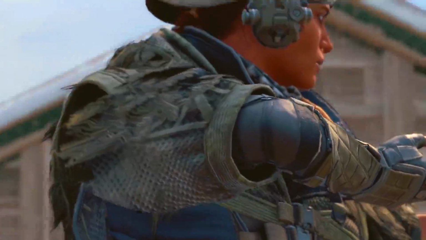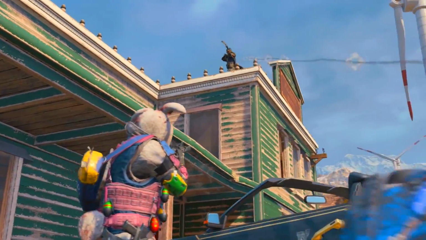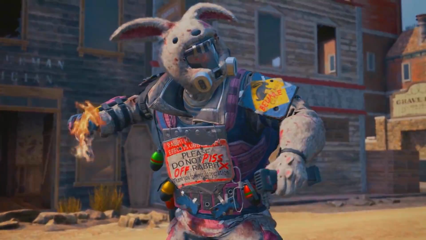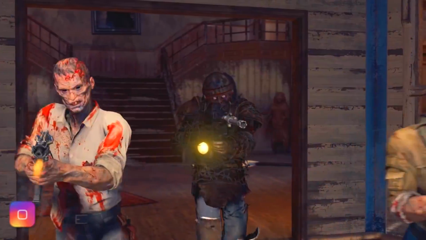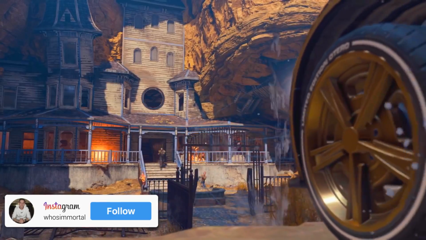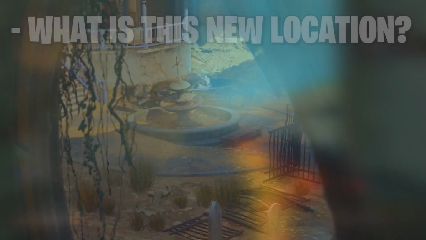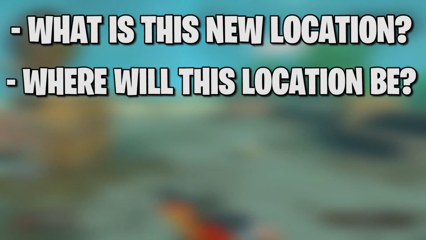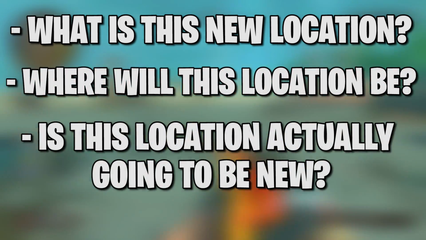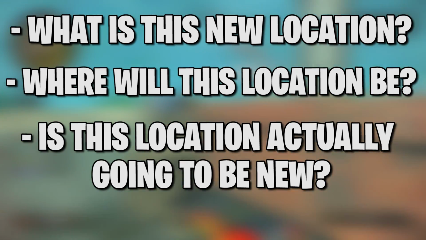But seeing as Operation Absolute Zero and Operation Grand Heist have each added in one new major map location alongside some smaller expansions as well, I think it is a safe bet that Operation 4 will follow suit and add in another new location. However, a few questions arise from this scenario. Firstly, what is this new location going to be? Secondly, where is this new location going to be? And lastly, is this new location actually going to be new, or is it going to be an older location